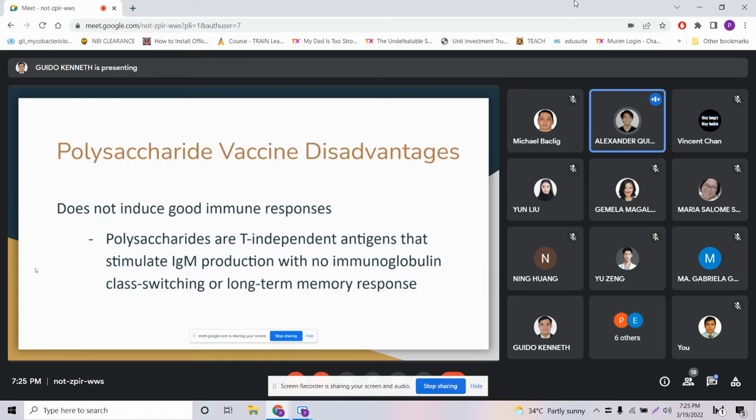However, a big disadvantage of polysaccharide vaccines is that they do not induce good immune responses because polysaccharides are T-independent antigens that stimulate IgM production with no immunoglobulin class switching or long-term memory response. So if you recall in your dengue, IgM is the first antibody to be produced and then it will switch its class to IgG, and then you will have a long-term memory response. In this case, the polysaccharide vaccines, that does not happen. So next